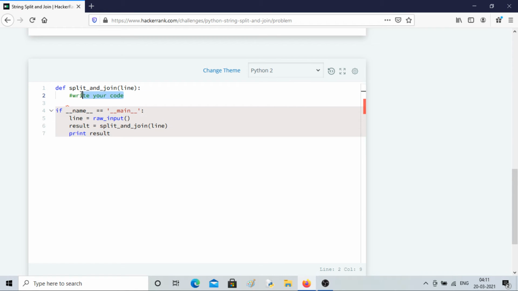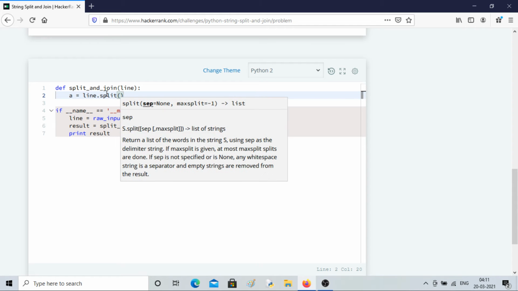So that's how it will work. I'll write the code again. Just like in the example, we will take a as our variable, and I'll split the string. Line is being passed here, so I'll use line. Line is our string, dot split with space.